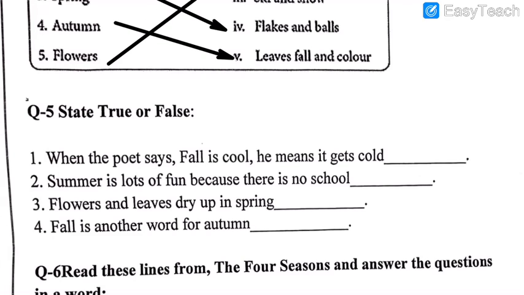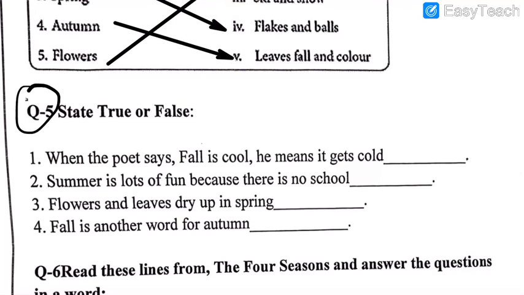Now the last question for today is true or false. Give the heading question 5. Please give the heading question 5 properly and just write T or F. I hope that you are writing the heading in the way I am asking you to write it. So again you have to just write whether it is true or false by giving the answer number properly. You don't have to write the statements. So let's get started. I hope you all are ready now.